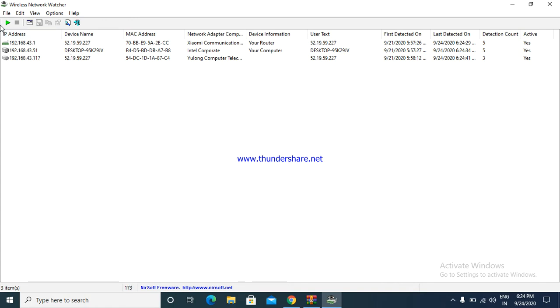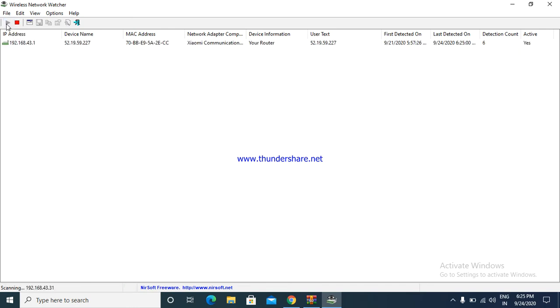Let's see some more options available in this tool. This is for start scanning. If we click here, it will automatically start to scan once more.